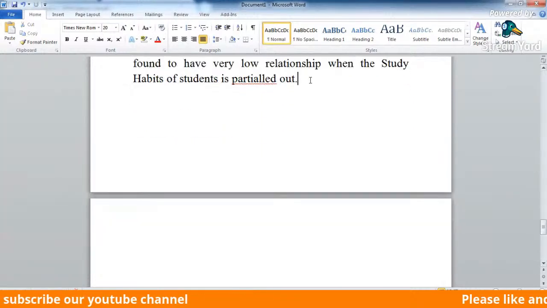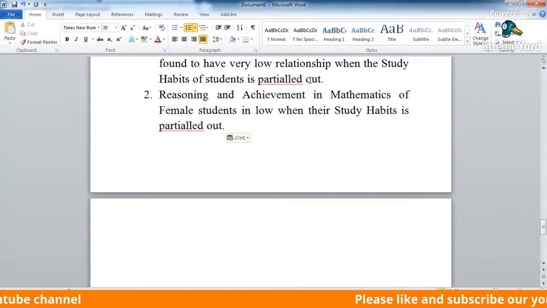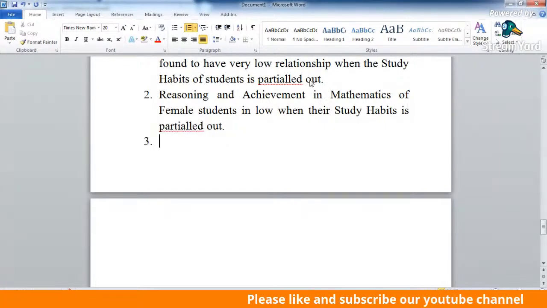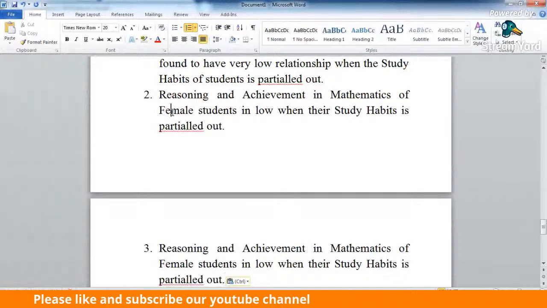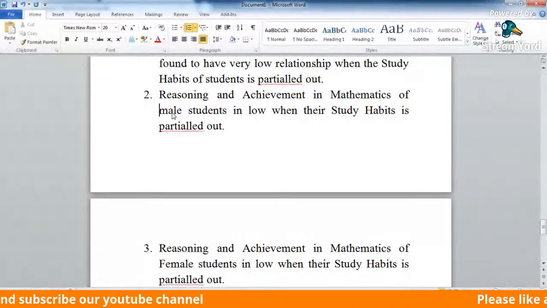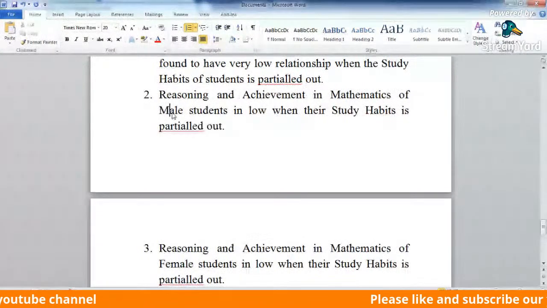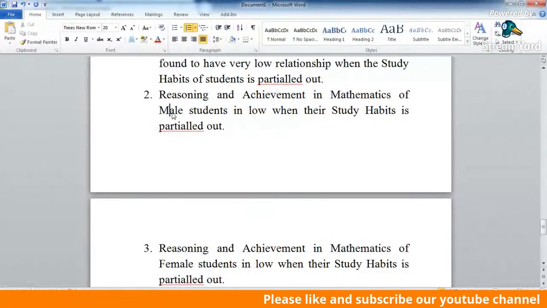Okay. So one finding is this and another finding is this. Here I write male and this is female, no problem, because it is the same. Okay. Let us now do the